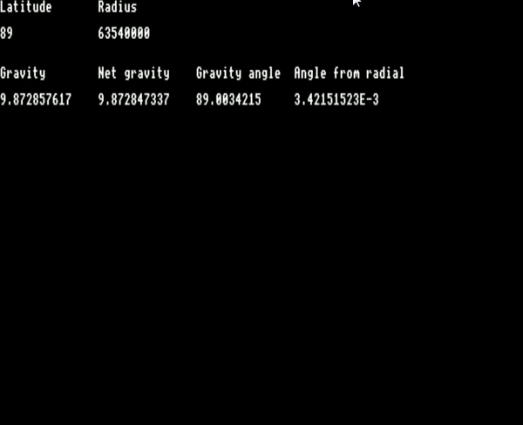At 6354, which is, you know, most of 3 kilometres underground at the pole. 9.87. 9.87. 9.872857 really, and 576, so it would round to 58. 9.872847 net. And we're down to 3 millidegrees between them. I am now going to make a lot of changes to this program to make it do something